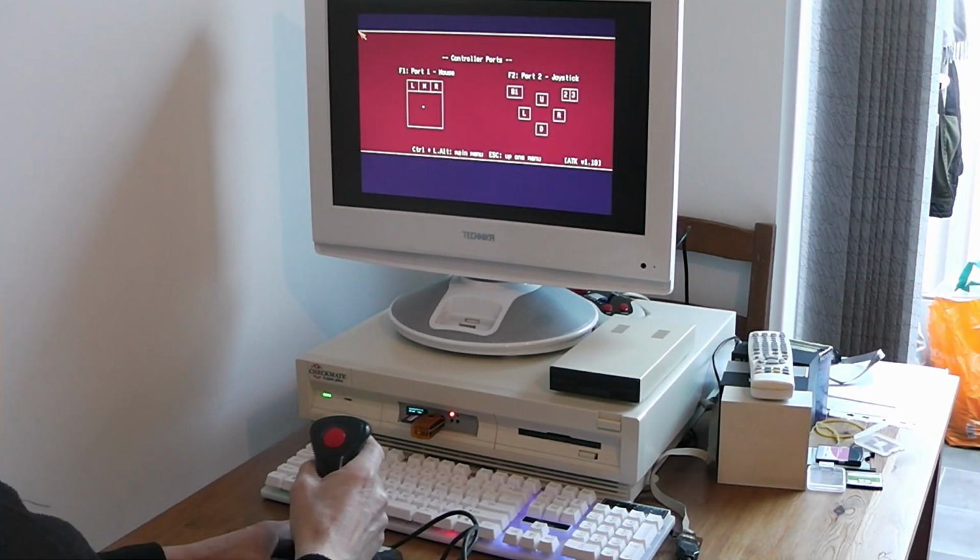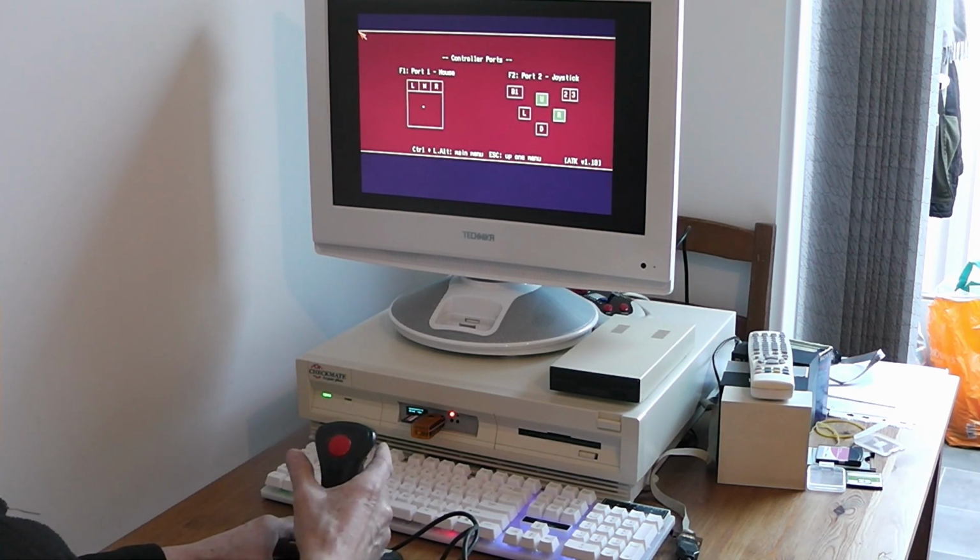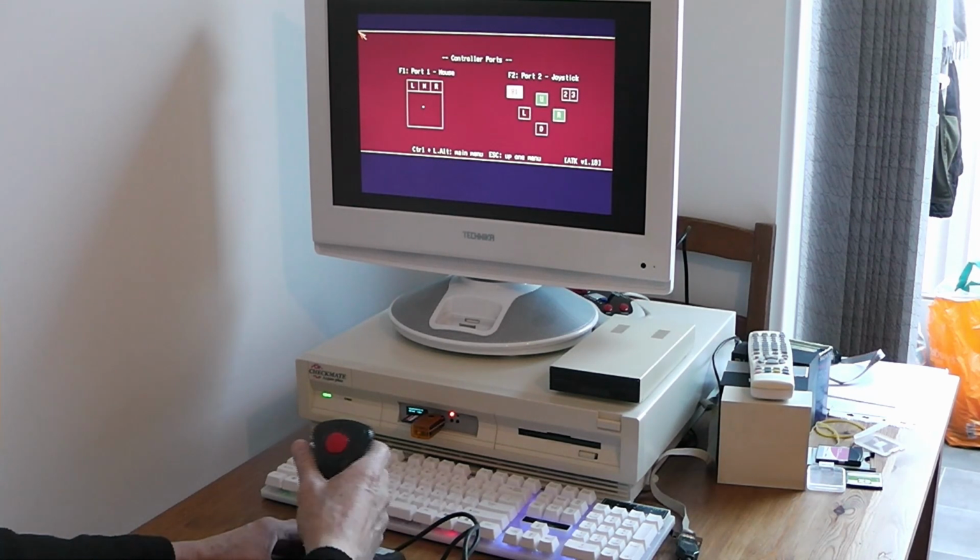Joystick number 6. Up and right are working. Down and left aren't. 1 and 5. Yeah, 5 buttons are